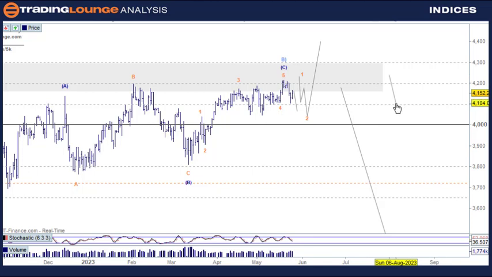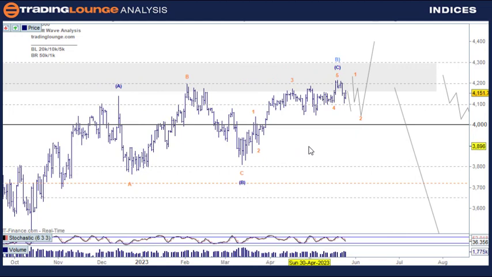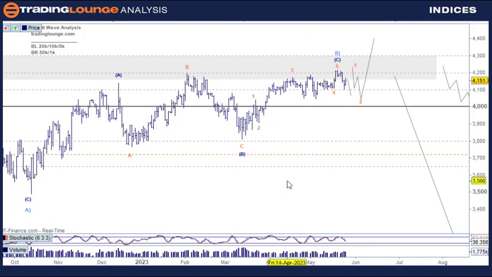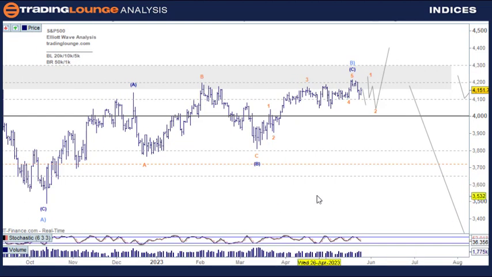I would need to see a nice, clean 5-wave structure here, and then we don't need to chase it because we'll get the counter trend rally, and then we can short it from here and then go down at that point. So this tells me if we get 5 waves here, then we'll get another 5 waves over here. So I don't think that any of us should really fuss around too much until they do the debt ceiling thing and so on, because I just think that we're going to get more